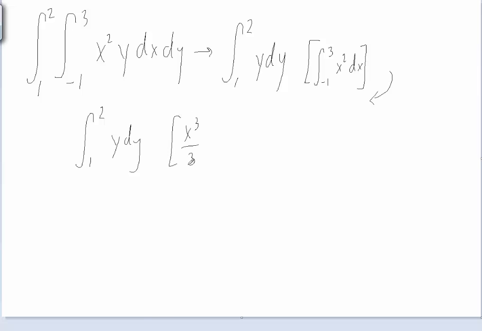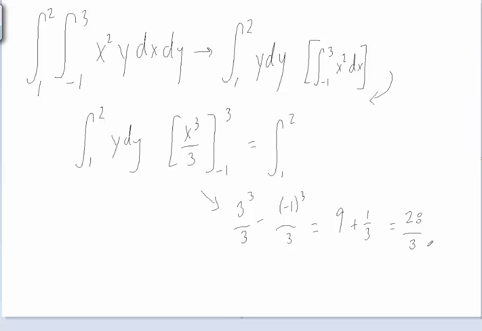And that will be x cubed over 3, evaluated from negative 1 to 3, which is, if we take this over here, 3 cubed over 3 minus negative 1 cubed over 3, which is 9 plus 1/3, or 28/3. So this value then goes back into here. 28/3 times y dy,